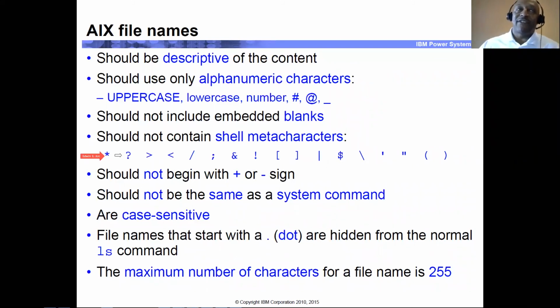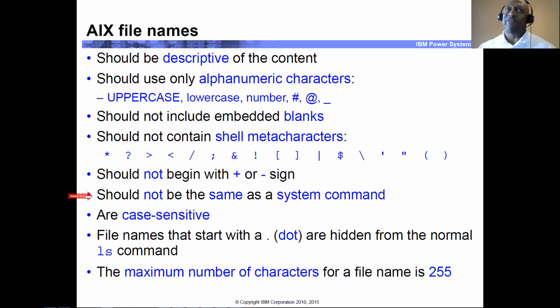Again, some of these are used as wildcards also by the shell. The file name should not begin with a plus symbol and definitely not with a hash or a dash. Why? Because normally that first column specifies the file type, whether it's a directory. This would say, well, ordinary files. So when you start including these kinds of characters within the structure of a file name, the shell could